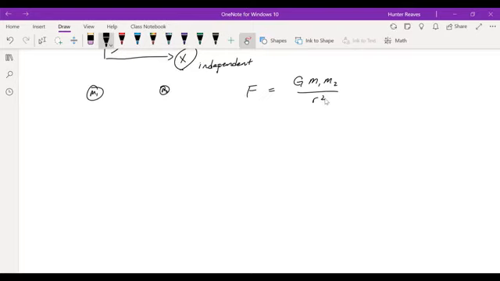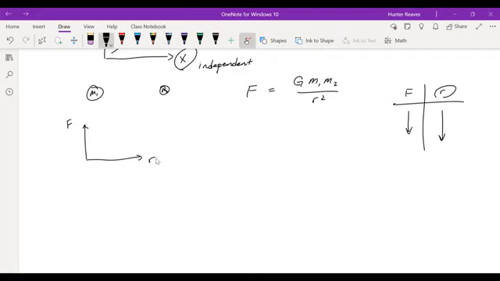So if I collected a bunch of data on the force versus distance relationship, and I had a table of data that said I measured this much force at each of these different values of distance, then you can try plotting that on a graph if you like. You can say, hey, I manually changed the distance between them, so that makes r the independent variable, and I measured the effect that had on the force, so that makes F the dependent variable. So we would choose to plot the force on the y-axis,